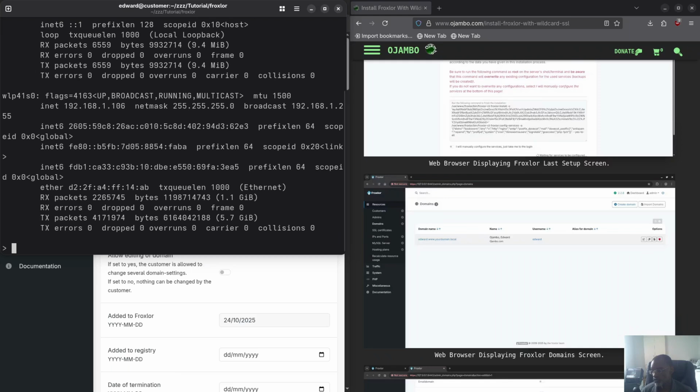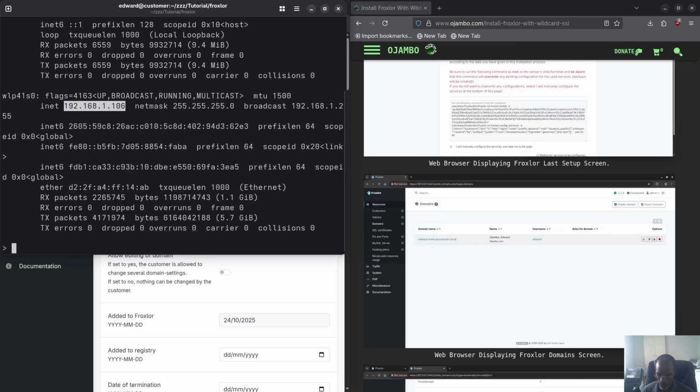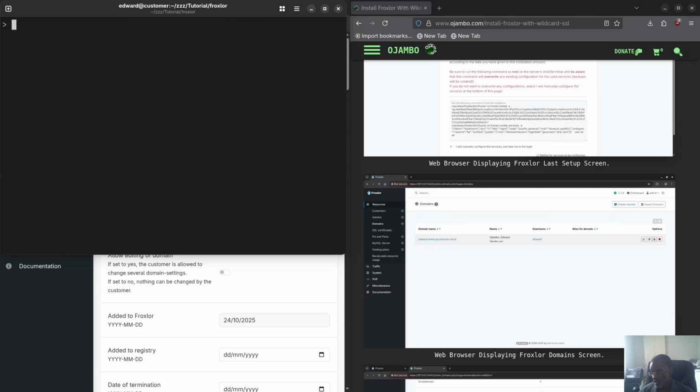So if I type ifconfig, you see right here, it's going to tell me my IP address. So I just copy that, and then I can type that onto my phone. And I'll show you that. I'm going to show that here to you guys, just a second. So if you can see my phone, you see it says 8080, sorry. It's 8080,